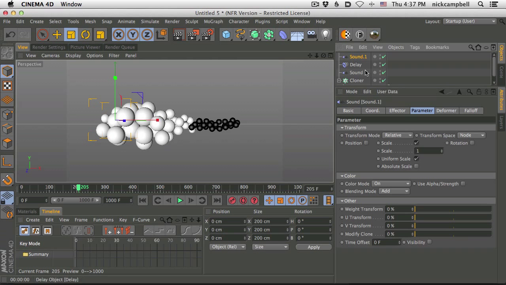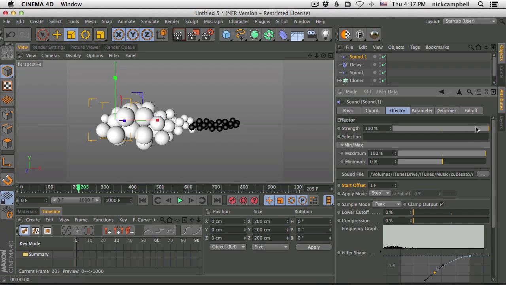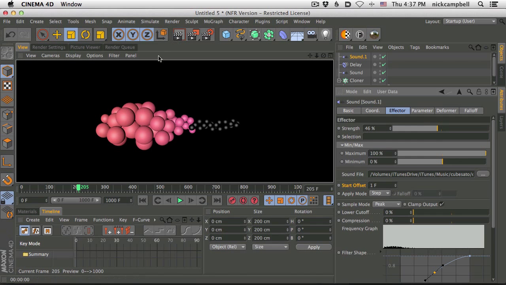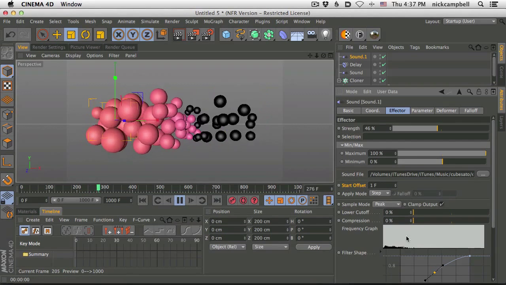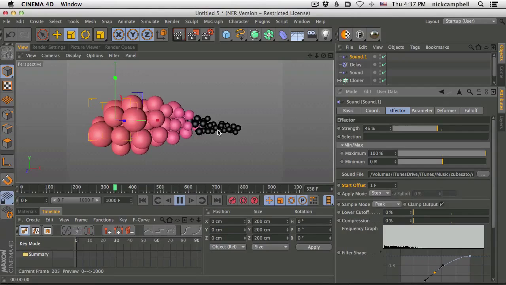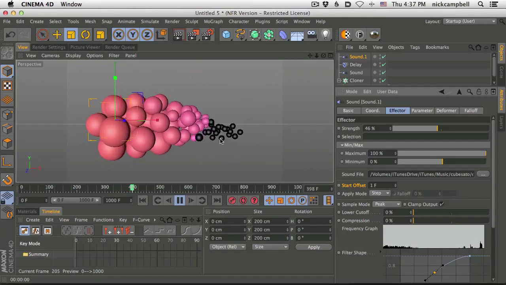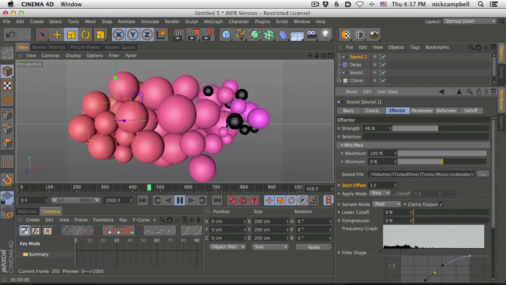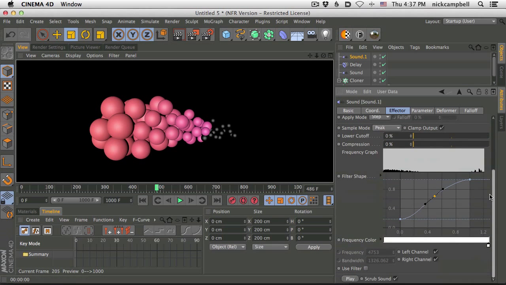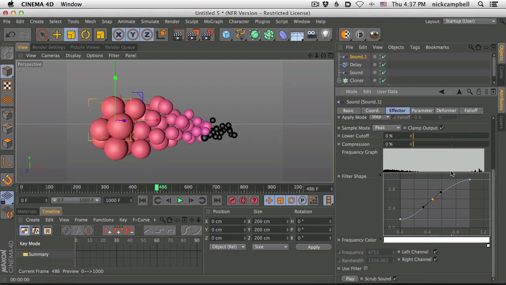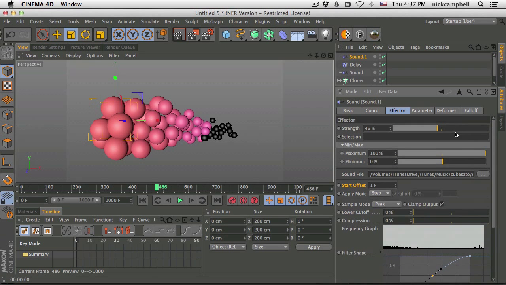And I think what we really want to do is not make it 100%. So let's go into strength and just tone it down. That's really what we're going for. So now it's going to get brighter the louder it gets. There'll be duller blue and red, and then as they get louder, it'll be brighter blue and red. So now we're adding variation using layered sound effectors that are going on top of each other and adding different variations to it.